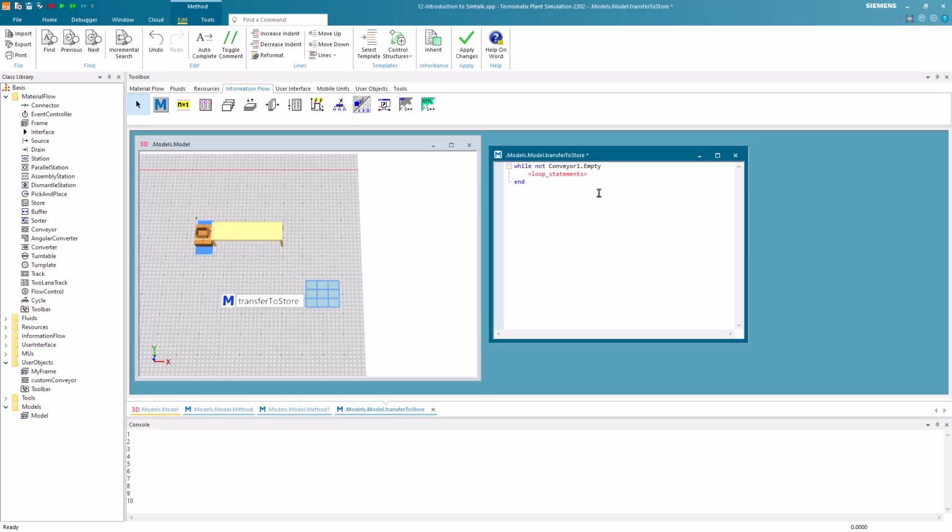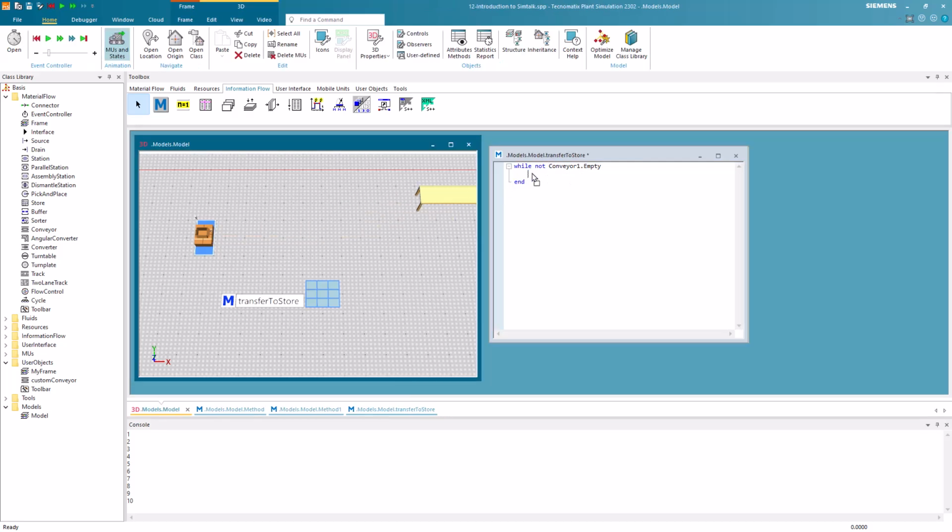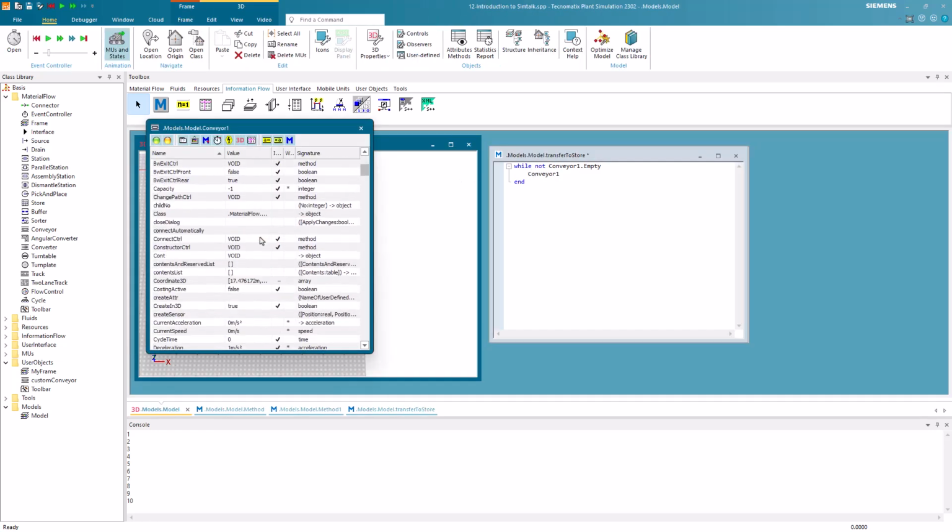In the loop statement, we want to move the part that is on the conveyor to the store. So we need to first access the part that is on the conveyor. We again insert the path of the conveyor and open its F8 dialog. If we scroll a bit down, we can see that there is an attribute which is called cont.